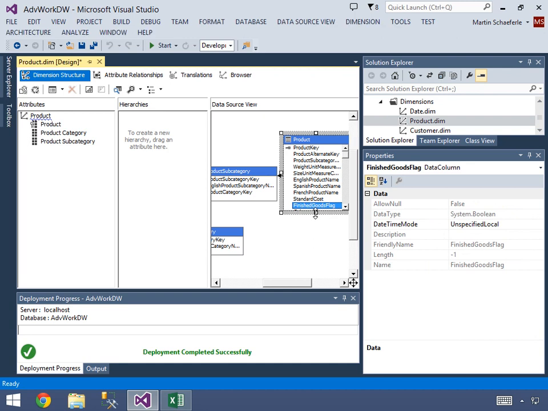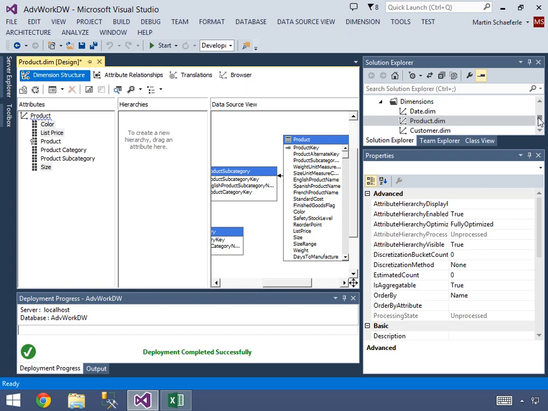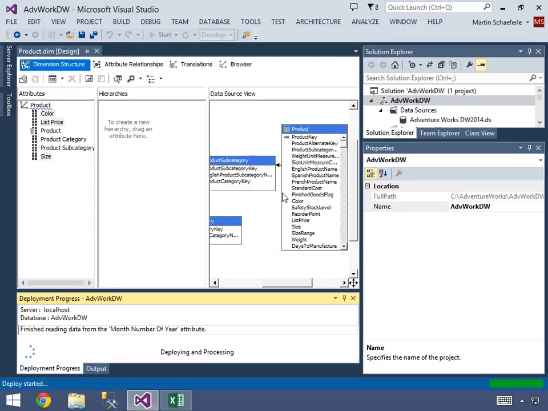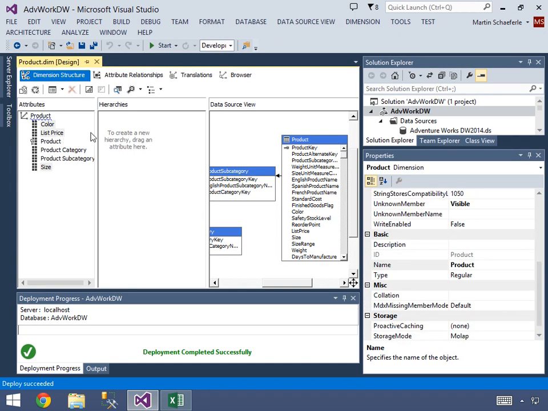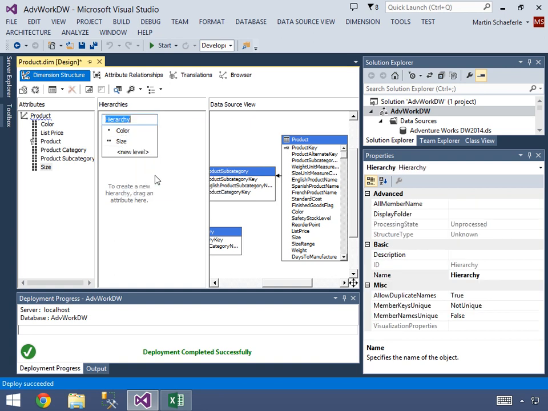We're going to add some additional attributes before finishing with this, such as color, list price, and size. And as I drag those from the data source view to the attribute panes, I'll need to deploy this cube to make sure everything is okay. Remember, as you're making these changes, deploying will help ensure that if an error occurs, you can fix it immediately. The last thing we're going to do is that our user decided that they want a color by size, unnatural, or user-defined hierarchy. Here we'll rename that hierarchy color by size, and we'll leave the color and size visible in our attribute list. We'll deploy again,